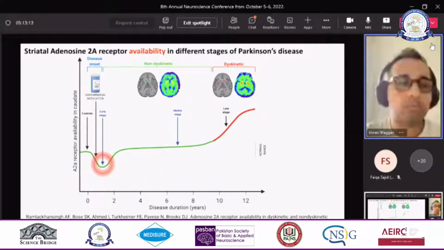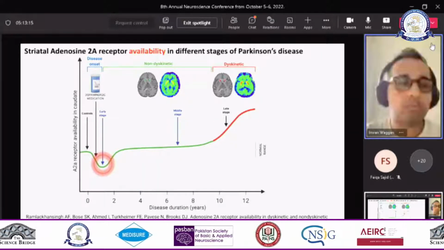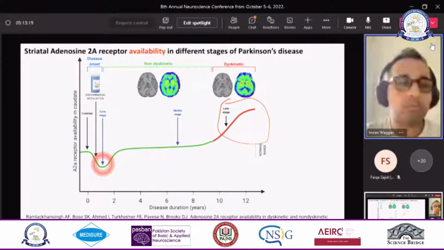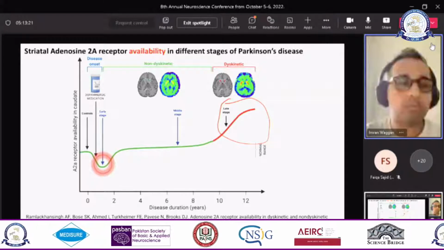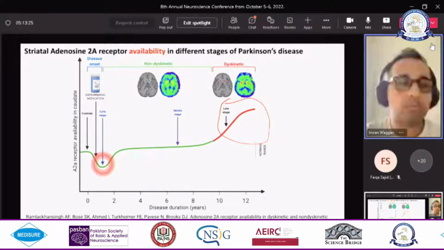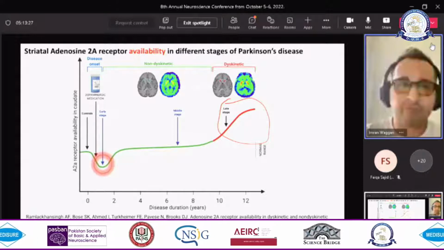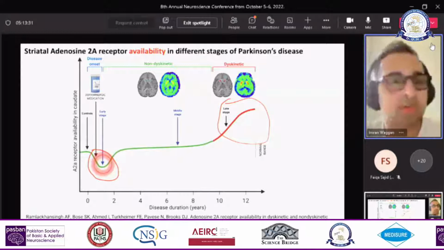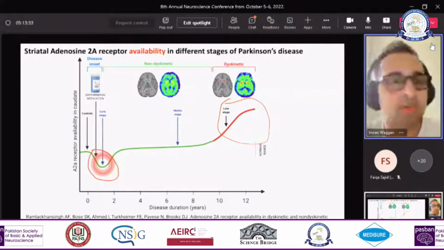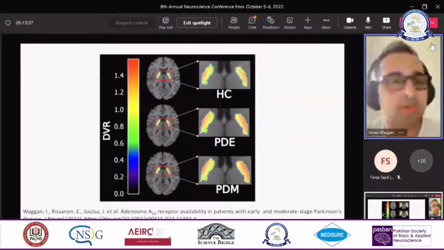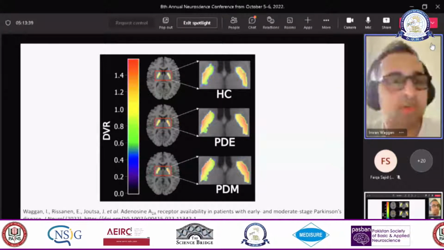Ramla Khan Singh and colleagues found that there was an increase in the late stage Parkinson's disease patients, the dyskinetic stage, but there was no evidence in the early and the moderate stage. We found that there was a decrease in A2A receptor availability in the earlier stage. But when we looked at the moderate stage, we found that there was,